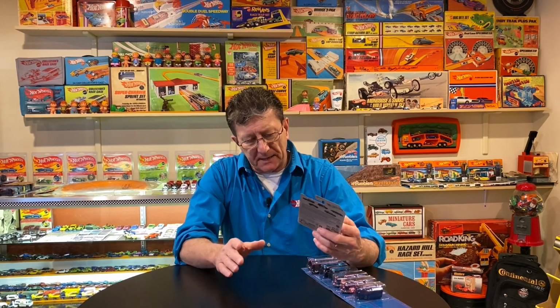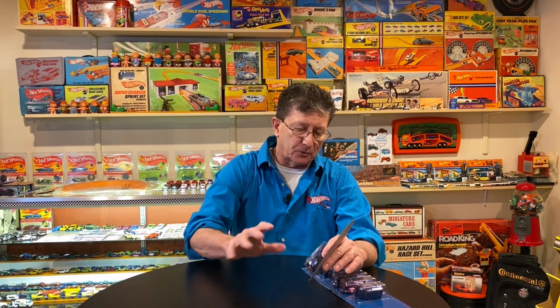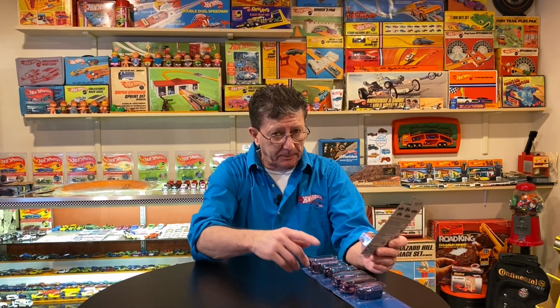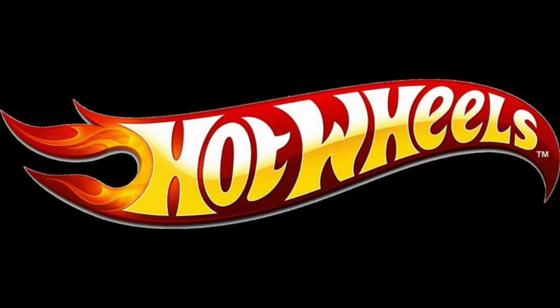The colors on these, they go crazy with the amount of color in the chrome. So keep your eyes open for that. We got a couple of them here that I'm going to show you. But this one here is...